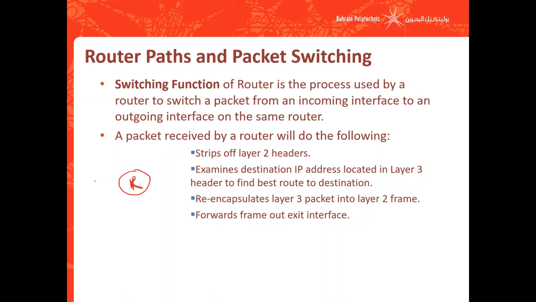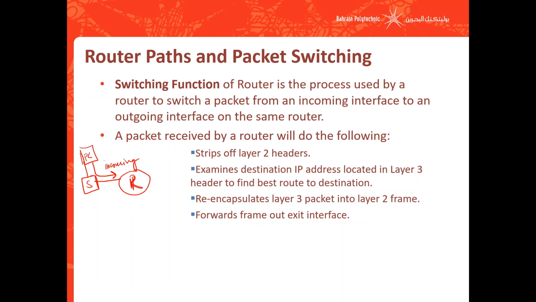Now it is connected to, let's say, a switch, and then it's connected to a PC. Now the PC sends some packets, they reach the router on the incoming port. The switching function is the process where the router tries to figure out